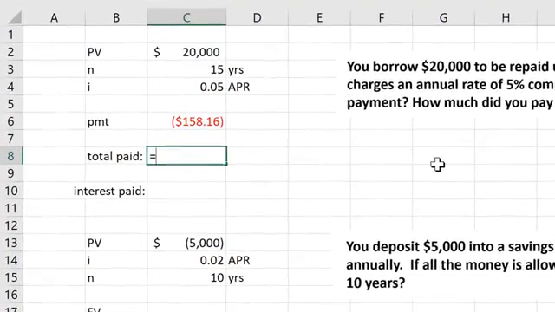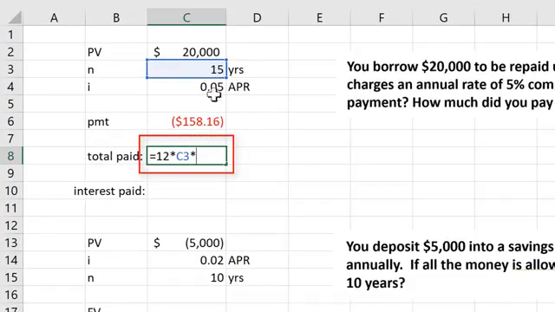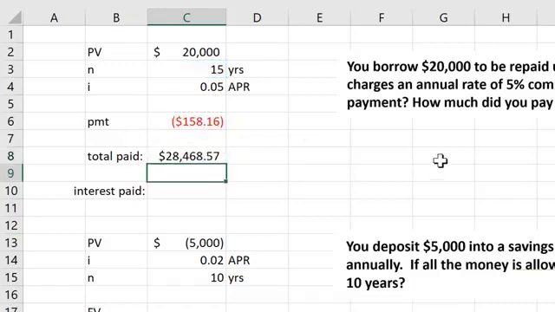Now the total paid, we have 12 months for 15 years. That's a total of 180 months. And we're going to multiply that by, I'm going to do the negative of the payment just to make this a positive number. So we have paid